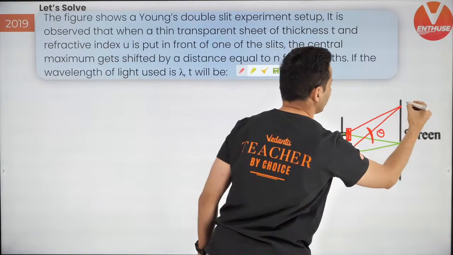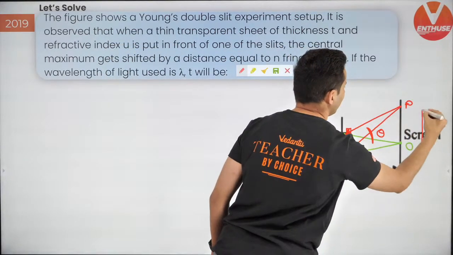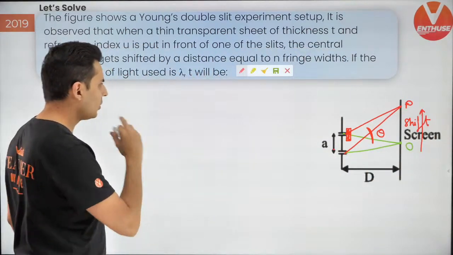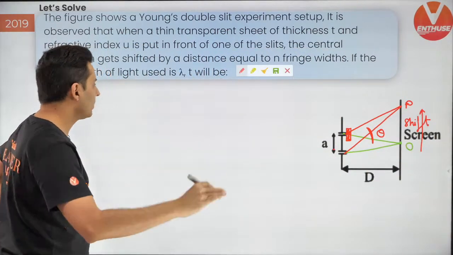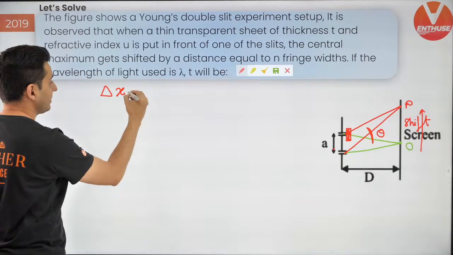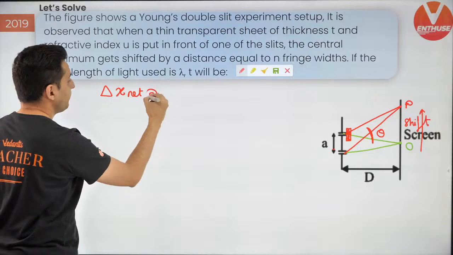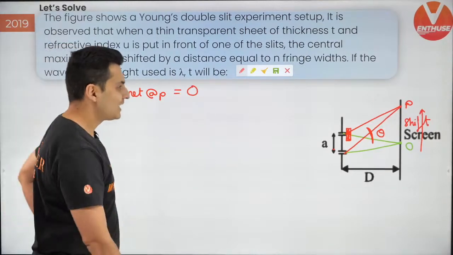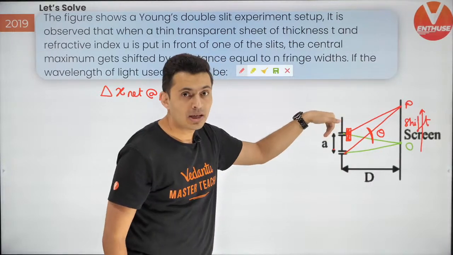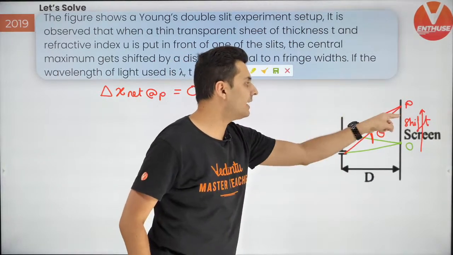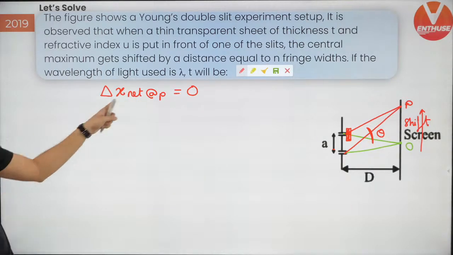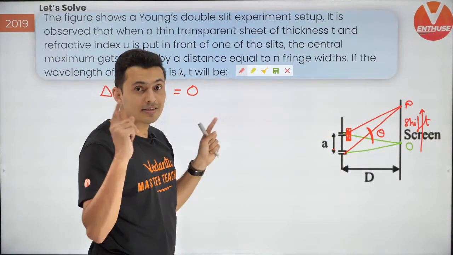particular point, let's say this is that point, and this is that shift, of course. Okay, this is that shift. So think about it. The net path difference at point P is going to be 0, guys. Believe me. Why? Because whatever ray 1 slowed down is compensated by the extra distance ray 2 has to travel more. So it is compensated, and hence the net path difference at that point P is 0 because both the